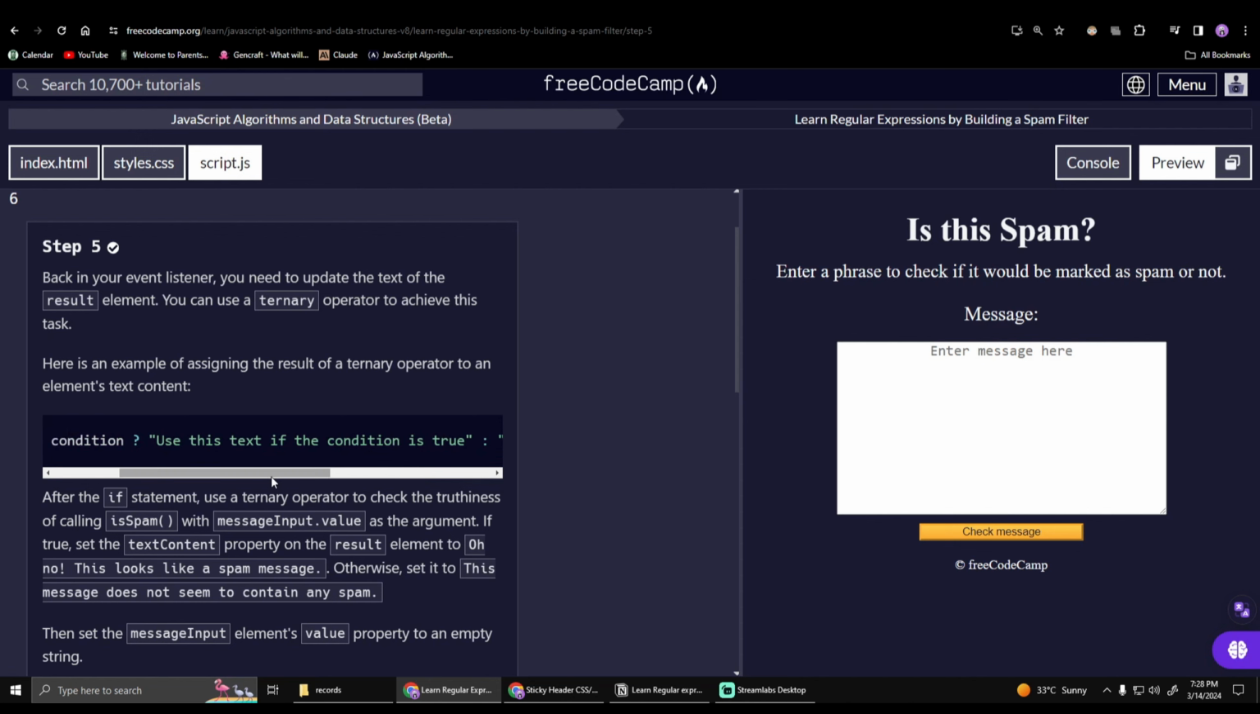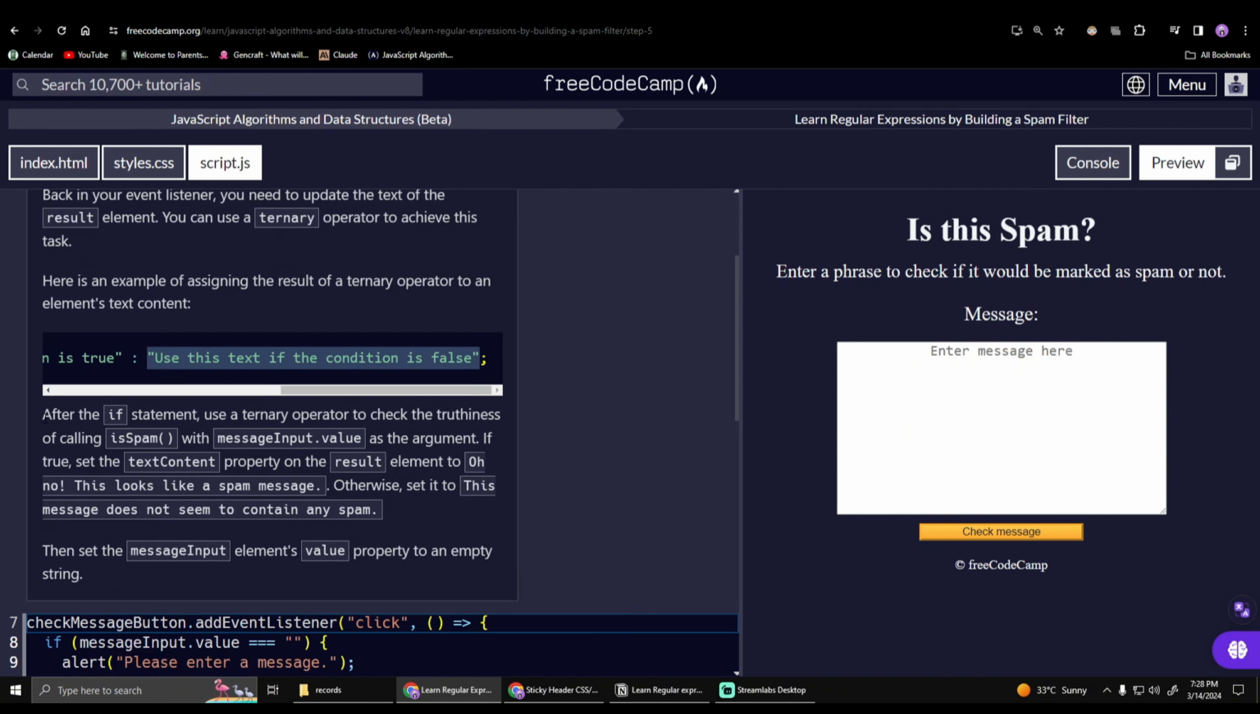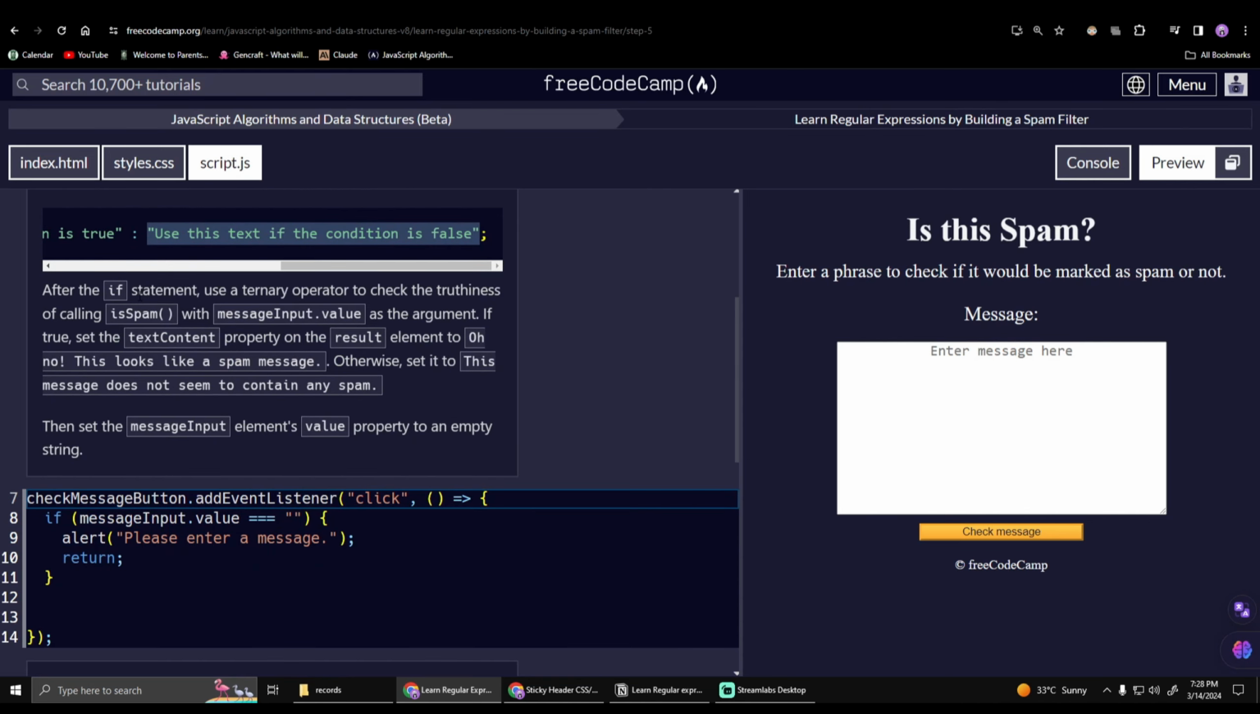Of course, it would only execute this part if it's true, and this part is where it executes if it's false. And we have an explanation after the if statement. Use a ternary operator to check the truthiness. Truthiness is basically